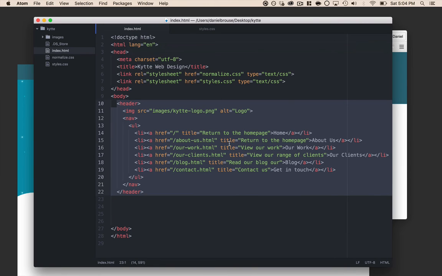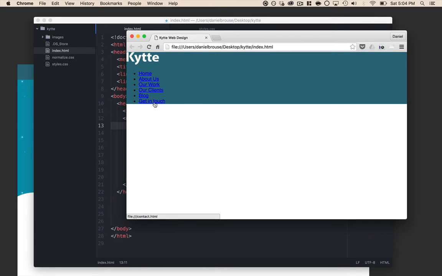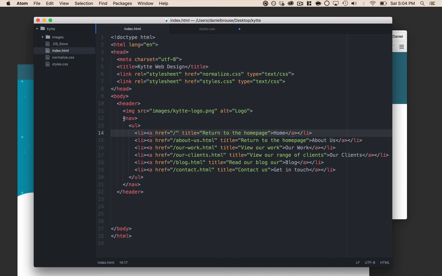Let's look at our bullet list here. We want them to appear next to each other. So if I want to attack that, let's have a look at this nav tag. I want to be more specific with my styling. I want to give this menu some CSS styles, but I don't want to style the nav tag itself, because I might use that tag somewhere else further down the page. So I need to be more specific, so the styles I write are only applied to this tag. So I'm going to give this a class and call it main